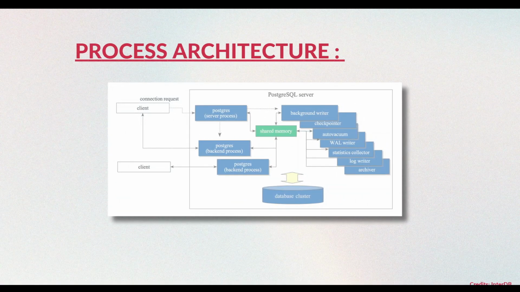Now let's have a look at the process architecture diagram. PostgreSQL is a client-server type relational database management system with multi-process architecture that runs on a single host. A collection of multiple processes that cooperatively manage a database cluster is usually referred to as a PostgreSQL server. It contains the Postgres server process, which we discussed, the parent of all processes related to database cluster management. Each backend process handles all queries and statements issued by a connected client.